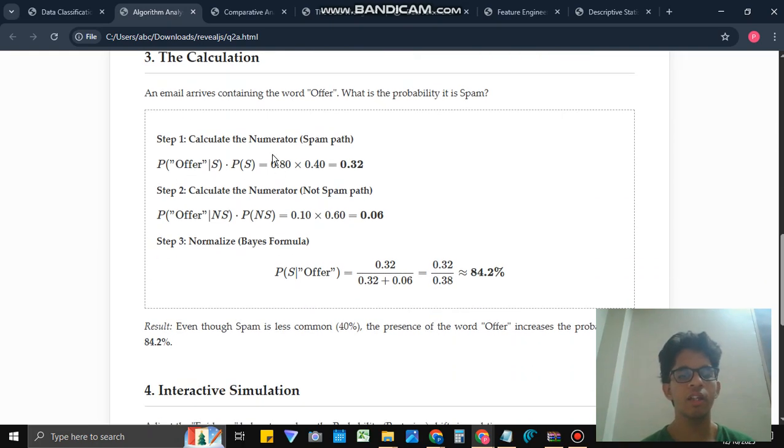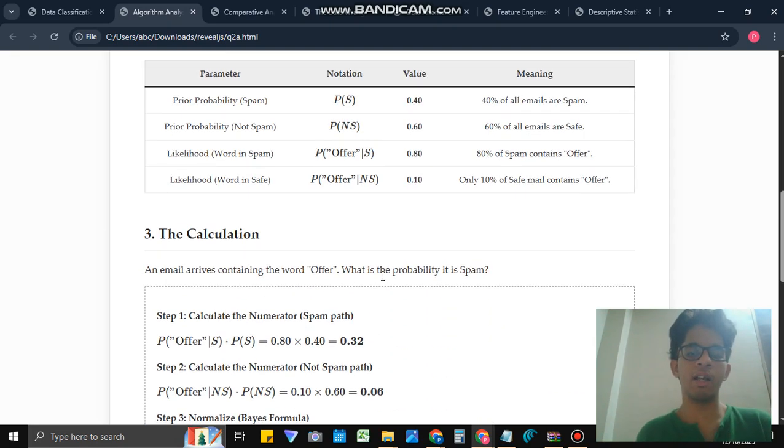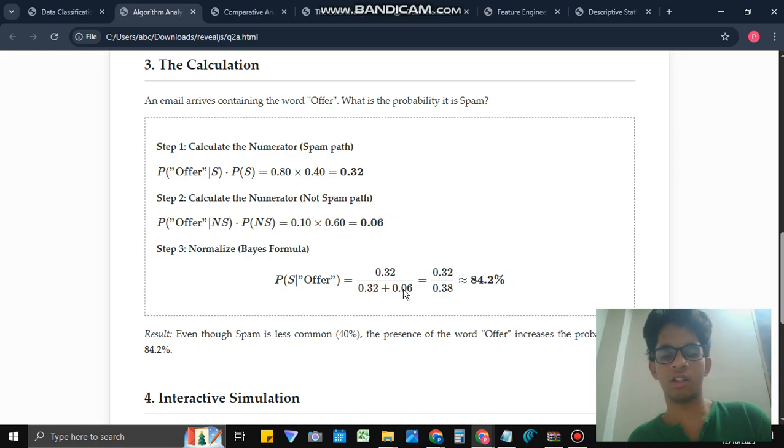So we calculate the numerator, which is probability of A given B into probability of B. This is for the spam path, and for the not spam path we do similarly, which will give us these values, and we then divide it by the probability of